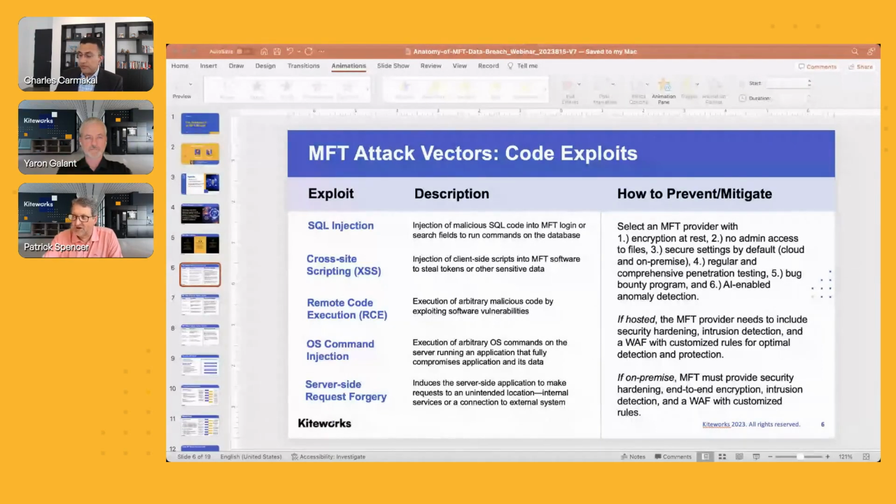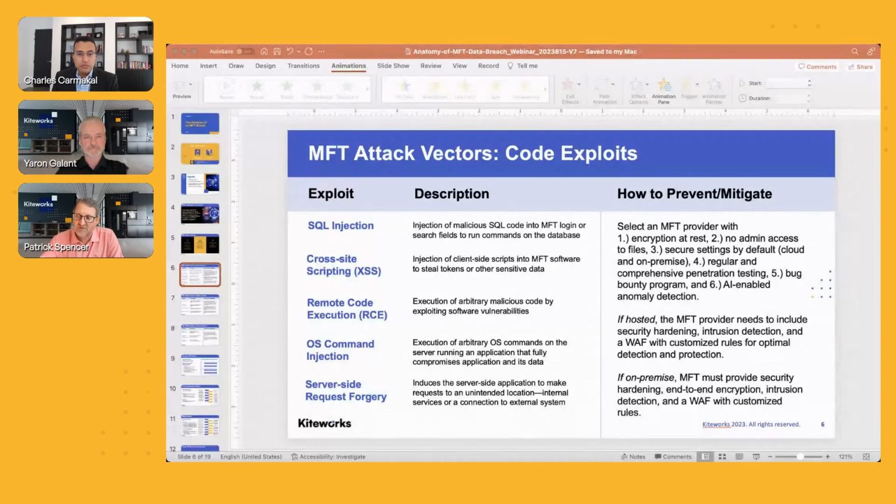Makes a lot of sense. It's all driven by money in most instances, to your point. And we're going to talk a bit about the MOVEit breach and what happened there. I read one article this past week, when we were preparing for the webinar, that projected they might see up to $100 million in ransom being paid. Whether or not that's going to be the case, we'll have to wait and see. And I think, Charles, you're going to talk a bit about how they've gotten out over their skis to the point where they can't scale to meet the extent of what's actually happened with the breach. So they're maybe leaving money on the table because of some of the things that have happened, which we'll talk about in a moment.